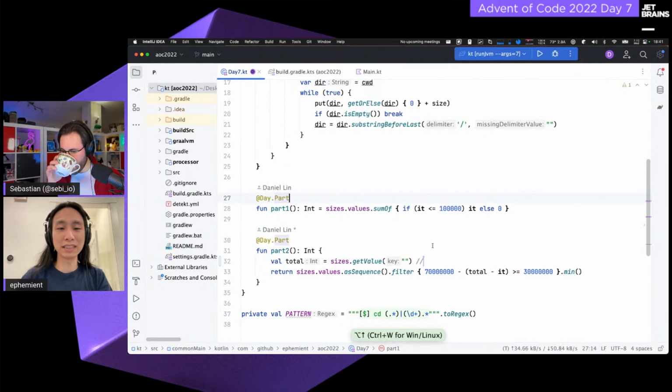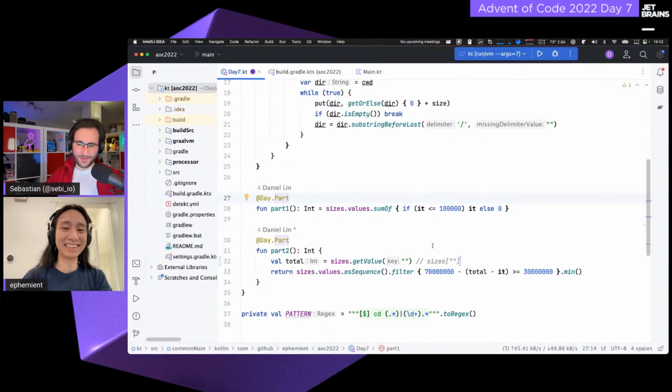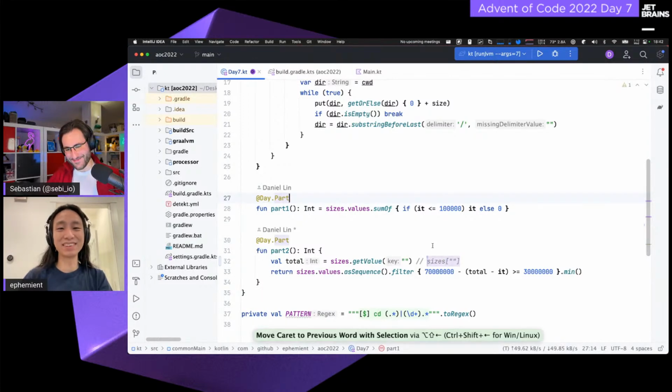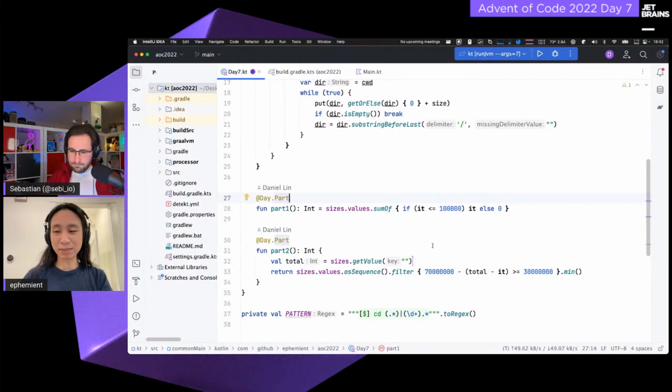So I've done this instead of that, because that is nullable. Which I could handle, but I put a 0 in at the very beginning so that I would never have to worry about this. Yeah, it's going to be fine. Yep, exactly. So getValue is basically just get, except it throws if the key is missing.